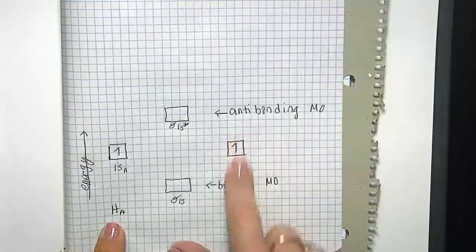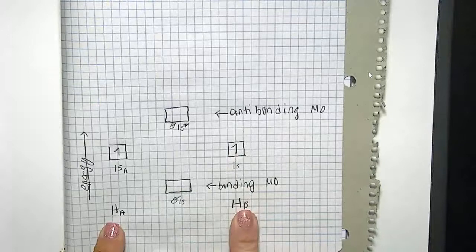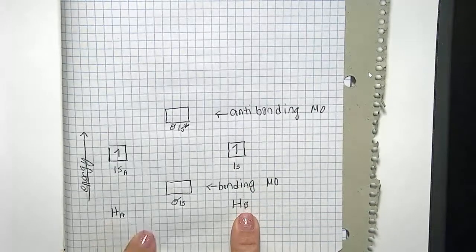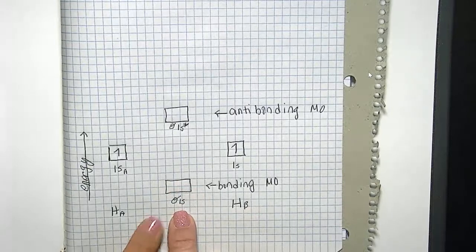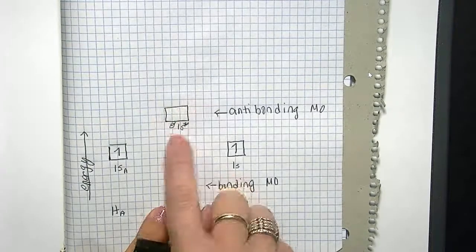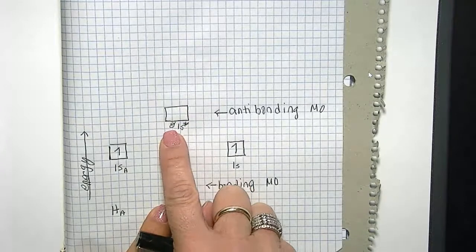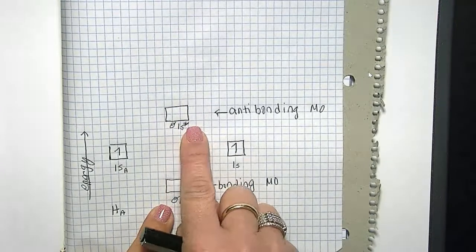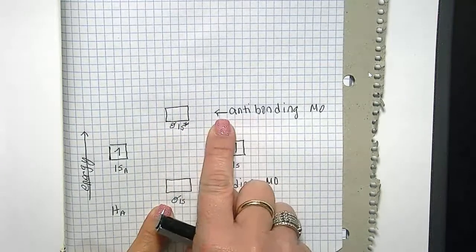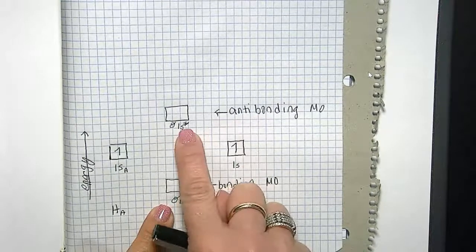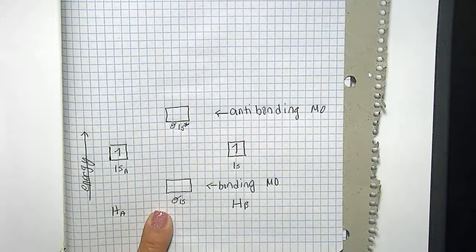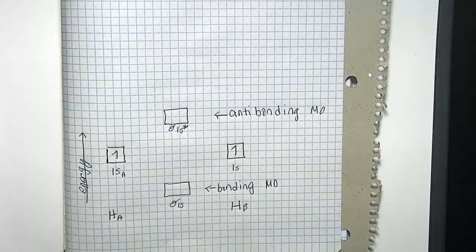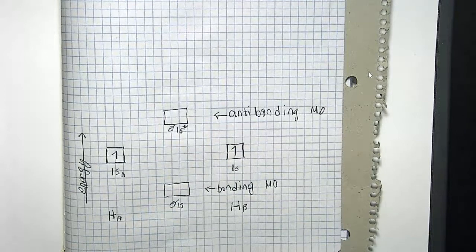This side here are the contributing valence electrons from hydrogen B. Down here is going to be your bonding molecular orbital, and up here you can see it's sigma 1s star. This is going to be your antibonding. Anytime you see the star, that's how you know it's antibonding. Okay? All right, so like we said before, it's easier for these electrons to drop down into a lower energy